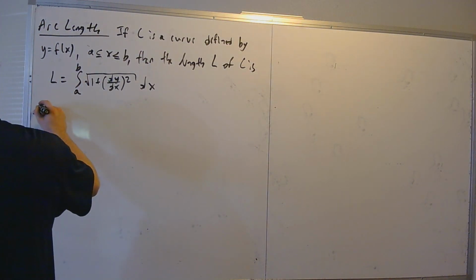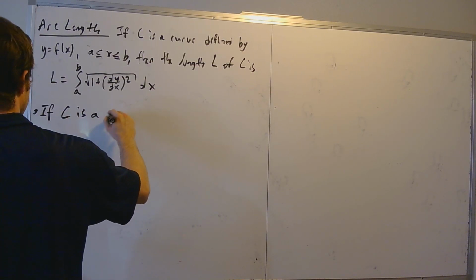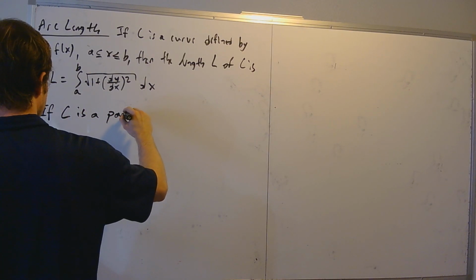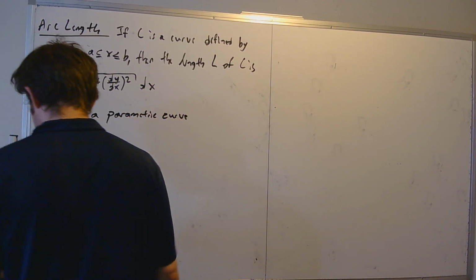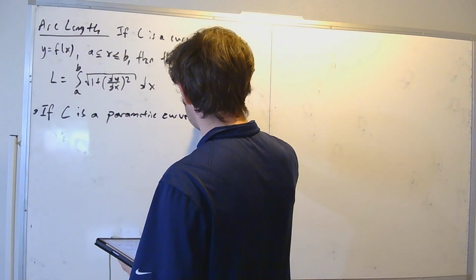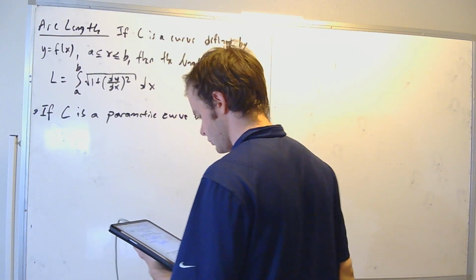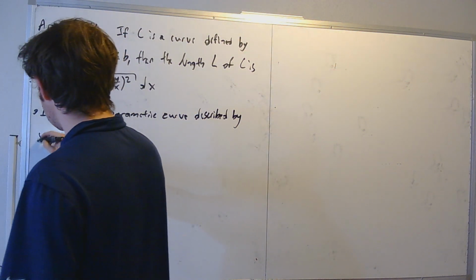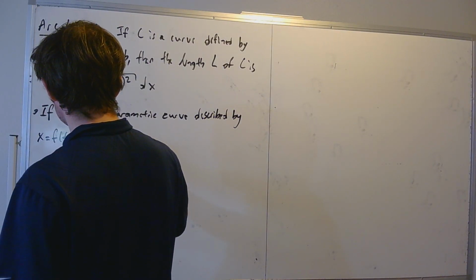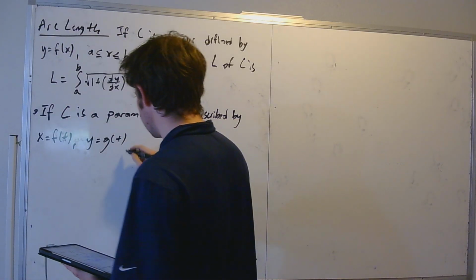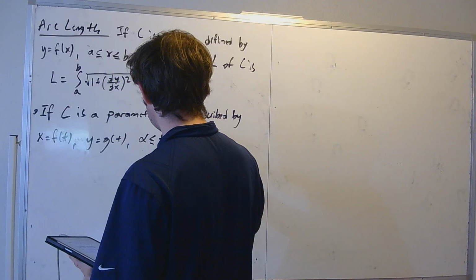So if C is a parametric curve described by x equals f of t, y equals g of t, and where alpha is less than or equal to t, it's less than or equal to beta,